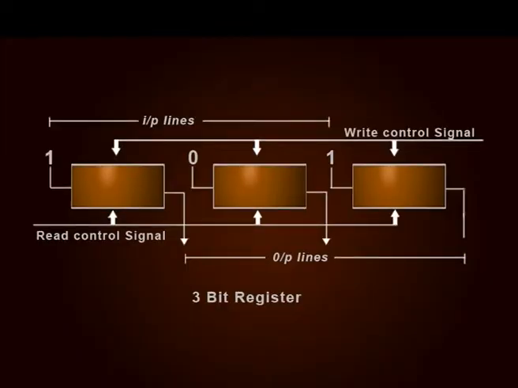By appropriate variation in the interconnection of binary memory cells, it is possible to organize different types of memories. The simplest organization of a set of cells is shown here. In this organization, 3 cells are interconnected in such a manner that the write control lines of all the cells are connected together. The read control lines are also connected together. The bits to be written in each cell are fed to the appropriate input data lines. When the write control signal is applied to the write line, these input bits are written in the individual cells.